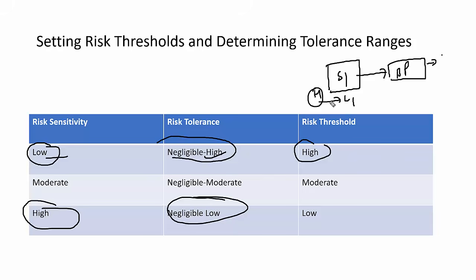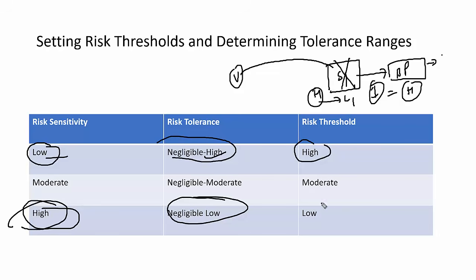So I will understand the business management requirement. I understand senior management requirement to understand how critical a business process is. So according to that, I will set the thresholds. In this case, if any attack happens, like there is a virus, and a virus is a threat, it attacks the server. And if the server is down, even for 1 minute, the impact is high because risk sensitivity is high, and the threshold is very low for them. So according to that, we need to prepare, we need to mitigate the risk. So that is how, based on the tolerance and the appetite, we'll take an action.